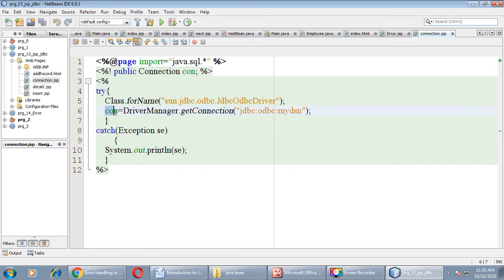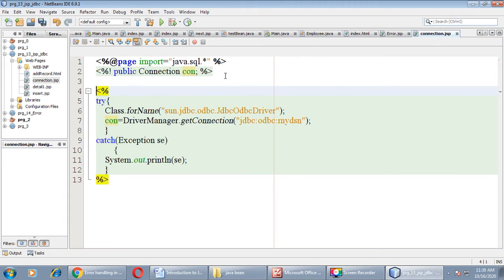Connection is declared as a public variable, as you can see over here, as we want to use this variable in some other pages also. So I have made this variable public, Connection con.